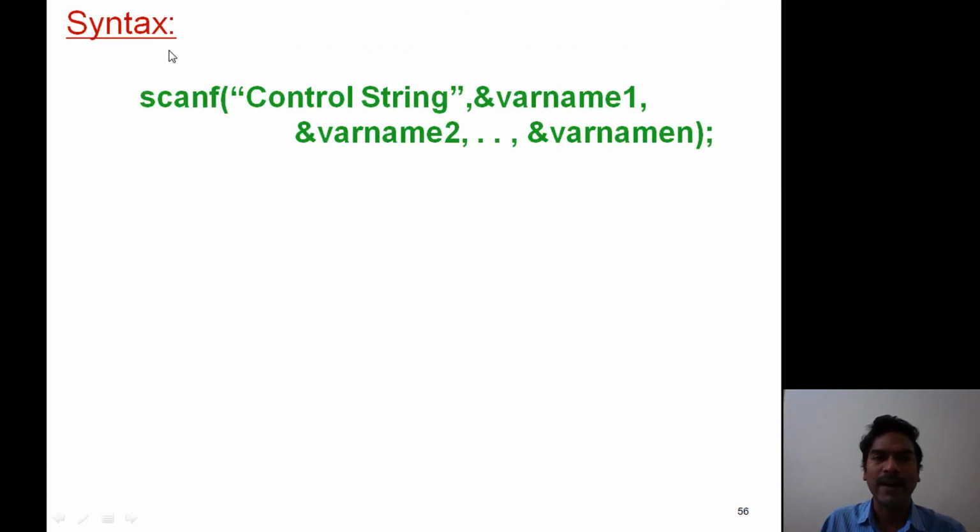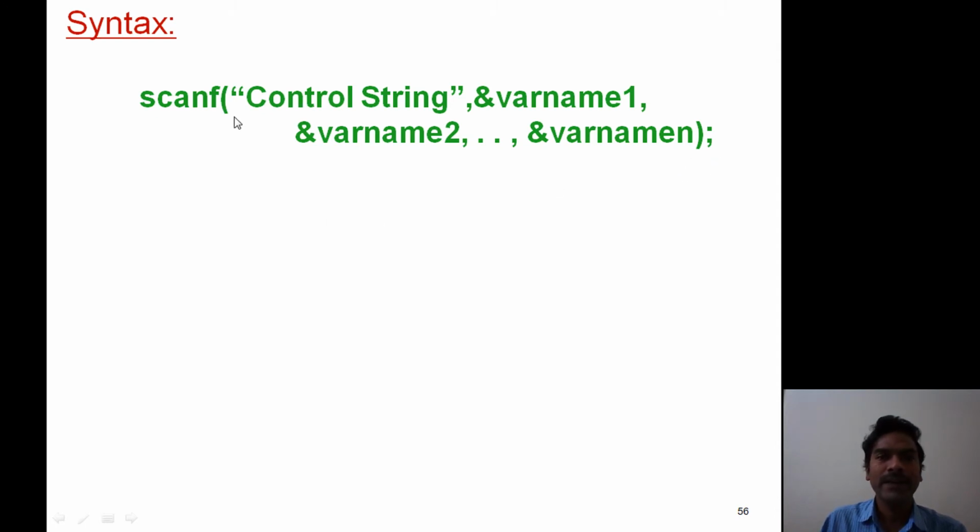Now, the general format of the scanf library function. scanf must be in lowercase characters, followed by a left parenthesis, then within double quotes, the control string, comma, ampersand variable name 1, comma, ampersand variable name 2, comma, and so on, comma, ampersand variable name n, parenthesis, and the statement must end with a semicolon.